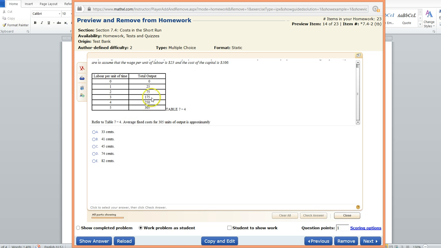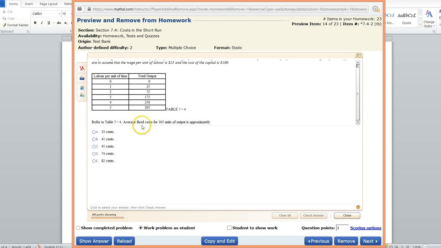And this table basically tells us the relationship between the number of labor and the total output. So that's a production function, and because we have a fixed portion of the input, that's also a short-term production function. Refer to table 7-4. Average fixed cost for 305 units of output is approximately